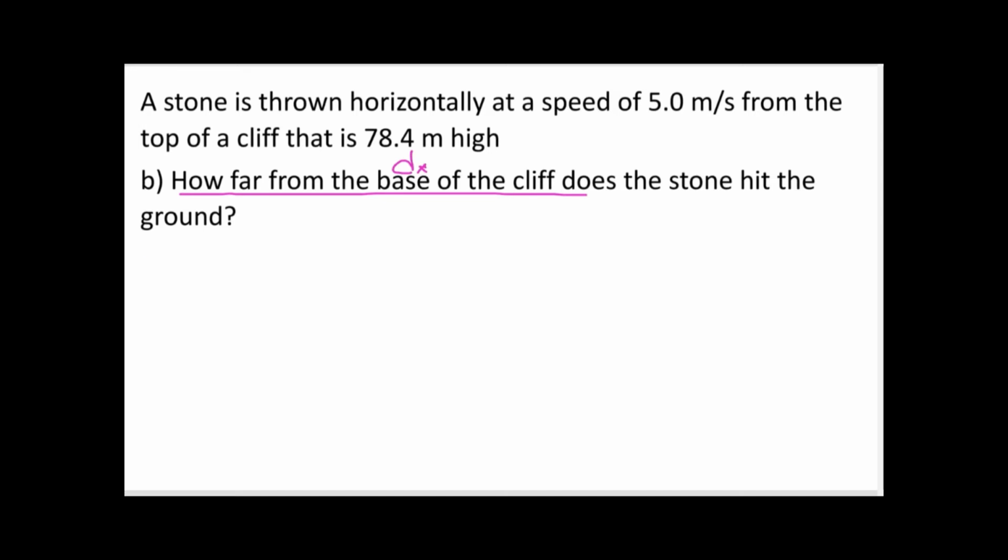Okay, now let's write all those things that we know again. Our Vx, which was 5, our Hi was 78.4. We're probably not going to need that, but I'll just write it just in case. Our time, we found that out. So I'm going to add that. Our VIY, we're also probably not going to need this either because we're talking about the x direction. Okay, so since we're using the x direction, we're going to use that formula V equals d over t. And the v in this case is our Vx. And since we want to solve for d,